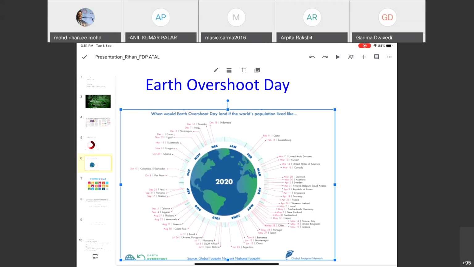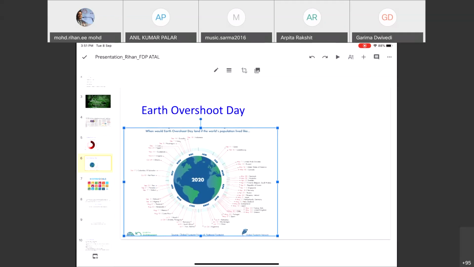So the target is that if we push back this Earth overshoot day by roughly 5 days per year, then it is expected that by 2050 we will be able to achieve this parity between yearly resources and consumption of those yearly resources. So this is an important and good concept which has been developed with respect to analyzing the environment question and climate question.